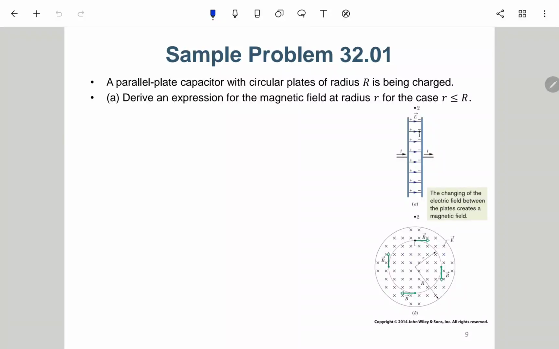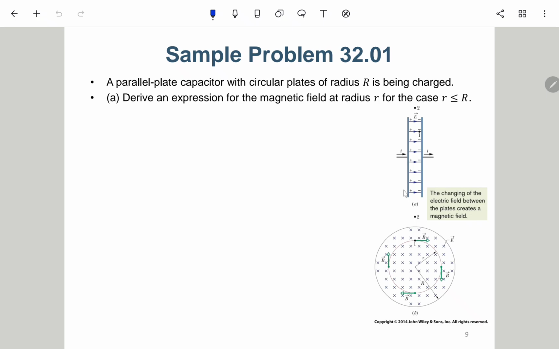Okay, so let's take a look at this sample problem. So it says a parallel plate capacitor with circular plate of radius r is being charged. Derive an expression for the B field at radius r for the case r is more than capital R. Okay, so here we have this